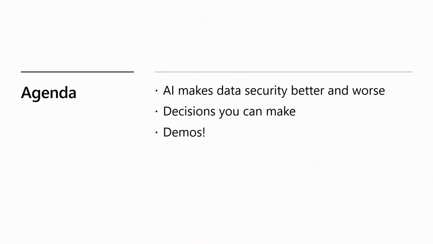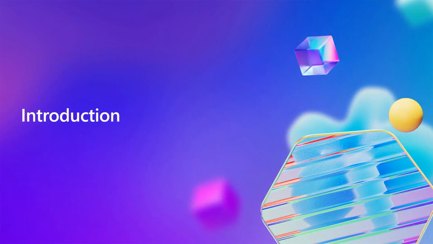Let's talk about our agenda. We're going to talk about how AI makes data security better, and it makes it worse. We're going to talk about decisions that you can make, particularly as we start looking at architecture and start looking at, hey, we're going to be doing this AI thing. These are some of the decisions that we need to make. And I'm going to show you a few demos. So as an introduction,